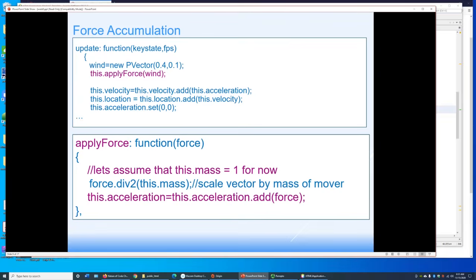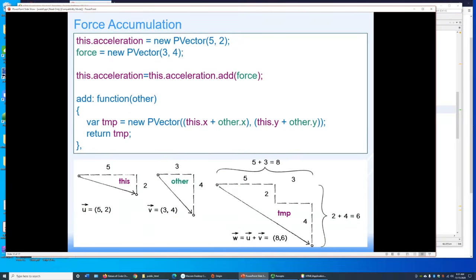plus acceleration.x and force.y plus acceleration.y, and then we have a new acceleration. So it's exactly the same. The only thing that's different is that we would want to take that force and divide it by the mass of the mover. That means that we are scaling down the force. The larger the mass value, the smaller the force applied to the acceleration is. So that's going to be a division. All right, so this.acceleration